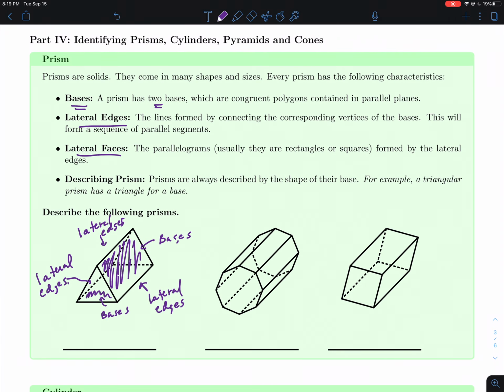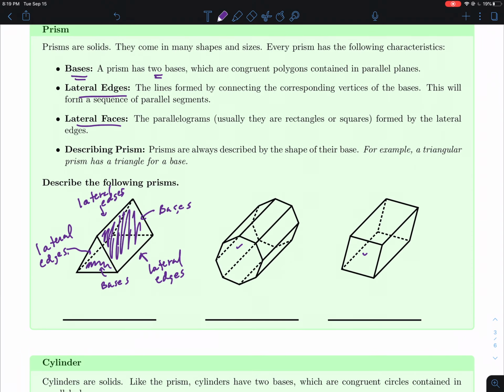And this last part's really, really important. The way we actually describe a prism is not by the lateral faces or anything. It's always by the bases, because that's what's going to be unique. Because if you notice, all these guys have rectangles that connect everything up. So what's different about all of these are the bases. And so when we define a prism, it's always by the base. So in this case, the first one, since it's made of triangles on both ends, we would say this is a triangular